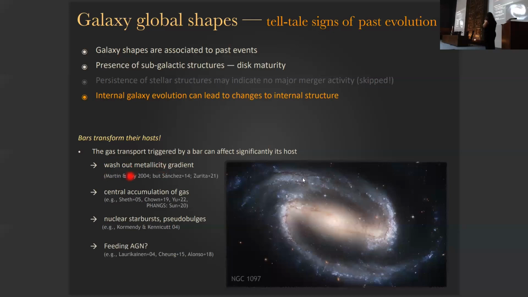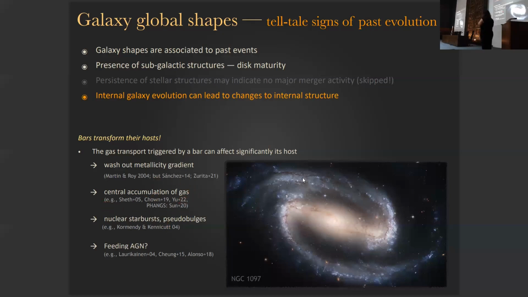It was shown in 2004 with just tens of galaxies, but this is something that we're still looking at. It would appear to wash out the metallicity gradient. So basically you have the bar that is moving gas and stars around, so you will naturally be washing out, moving around metals too, reorganizing the metallicity gradient, which would be a natural pointer to how the galaxy was formed. So having a bar would actually wash this out.